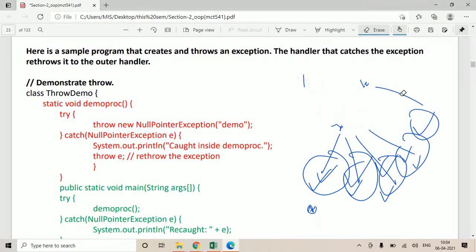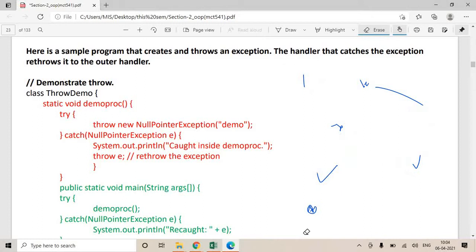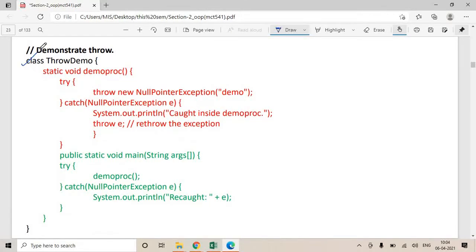Now let us try to see it with the help of a sample program, and it is also very simple. We have written a class ThrowDemo, class name of your choice. We have written two functions, one in red color and another in green color.